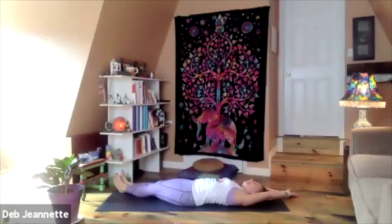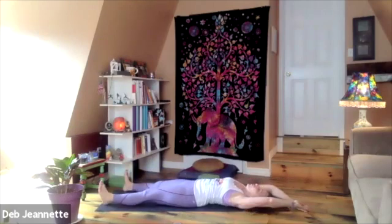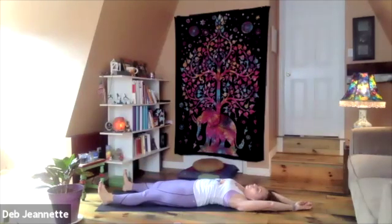If you want to make it a little bit deeper, take your left ankle and cross it over your right and notice that additional stretch there. And breathe long, slow inhales and long, slow exhales right into the whole left side of your body. On your next exhalation, uncross your legs and come back towards the center of your mat, and then do the